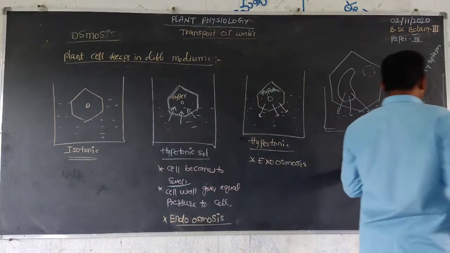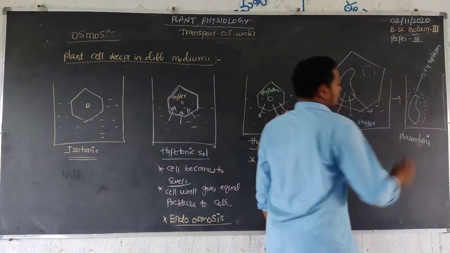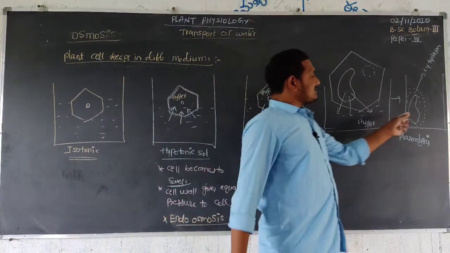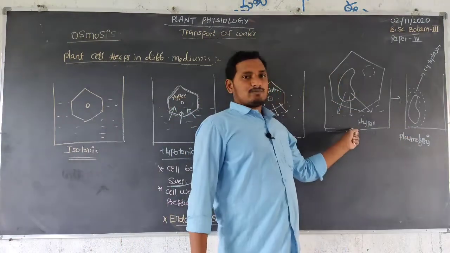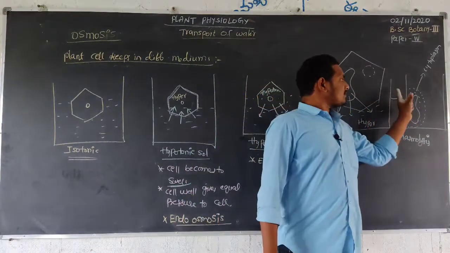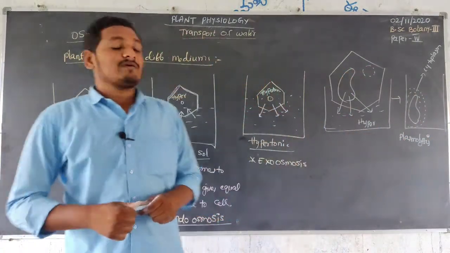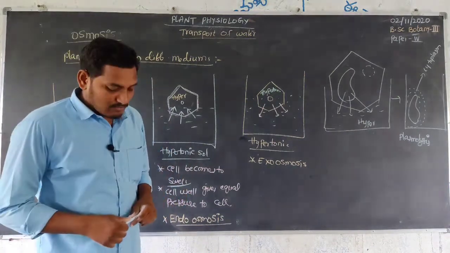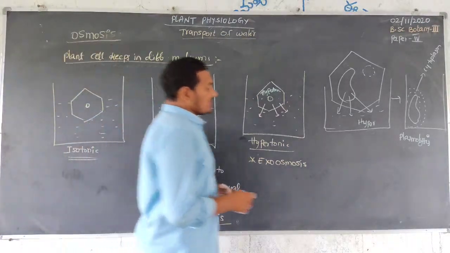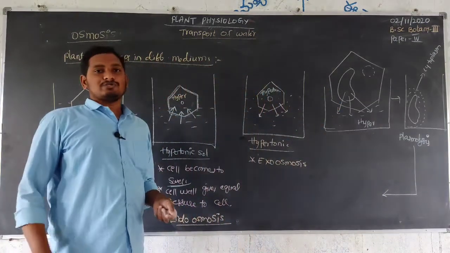This is plasmolysis. Plasmolysis means water moves from the vacuole to the medium. As a result, the vacuole becomes small, and the remaining cytoplasmic content also moves to one corner. That is plasmolysis. Next, when this plasmolyzed cell is kept in a hypotonic solution,